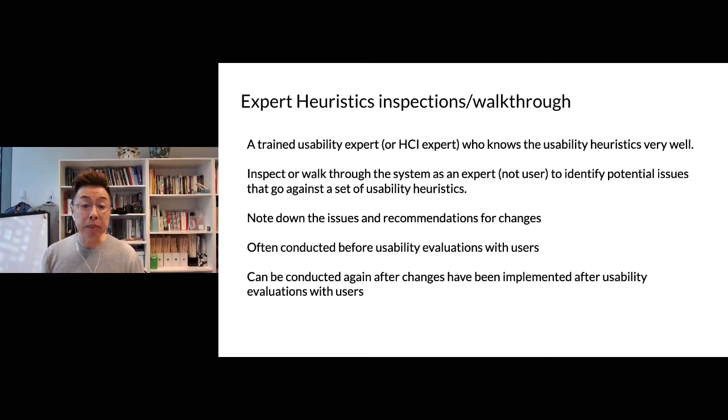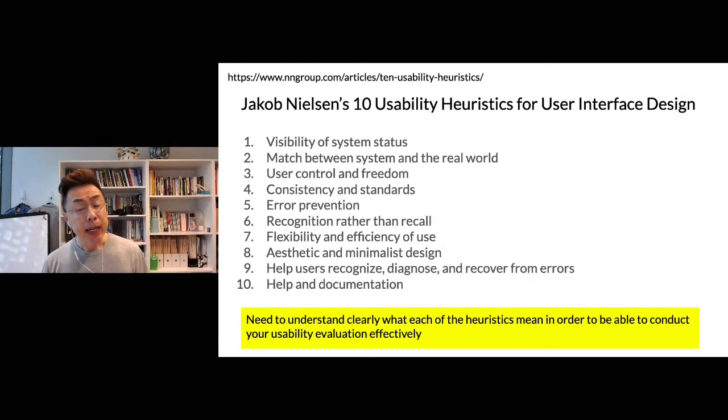They are often conducted before usability evaluations with users. That's because the experts would then be able to get rid of a lot of the usability issues, so that when the users come and you conduct usability testing with them, there'll be fewer problems for them to find. Again, you can conduct expert heuristic inspections after you've implemented changes, after you've conducted your user testing. As I said before,